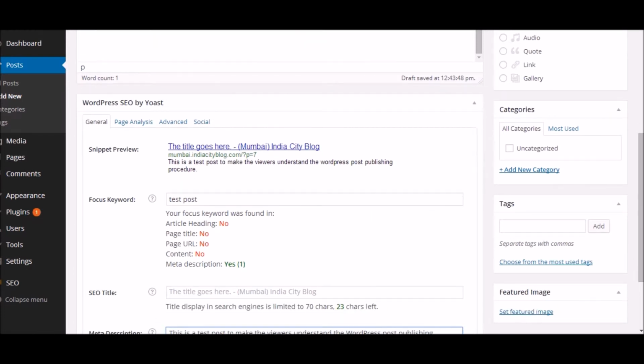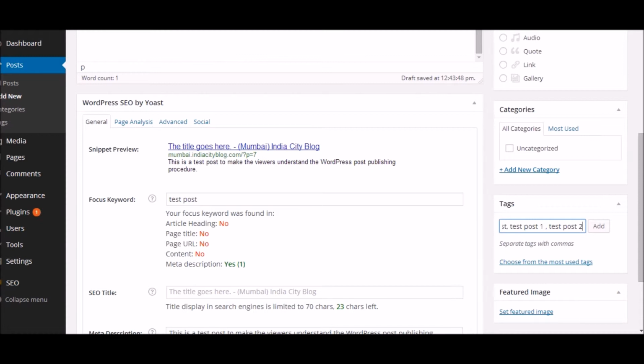In the tags, again, these things tell the search engine what the post is about. So you can give at least 3 to 4 keywords about the post which you're writing. So in this case, again, I'll give test post, test post 1. Always make sure that the keywords which you're giving into the tags column are associated to the post in some way. You cannot give something which is really senseless in consideration of the post.